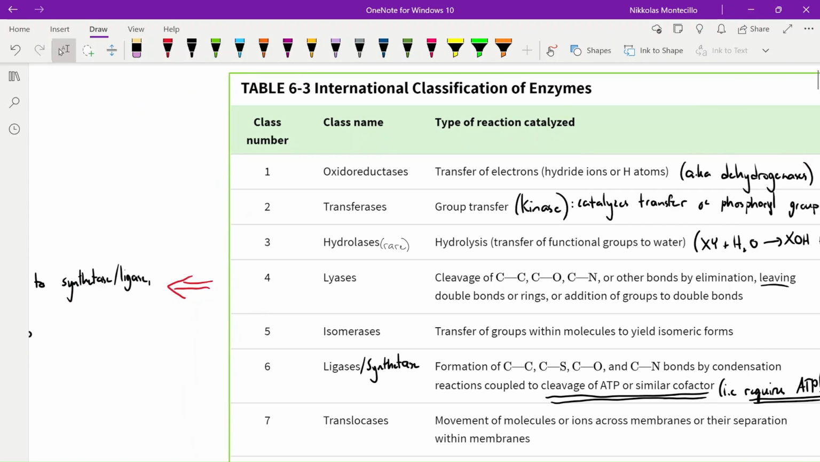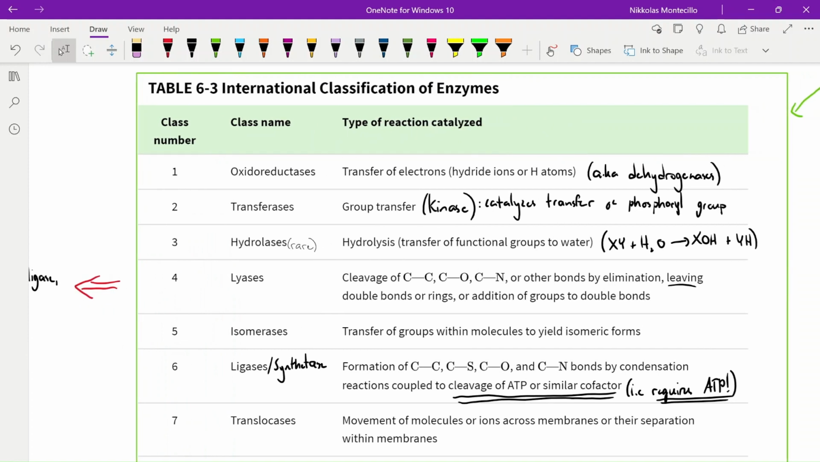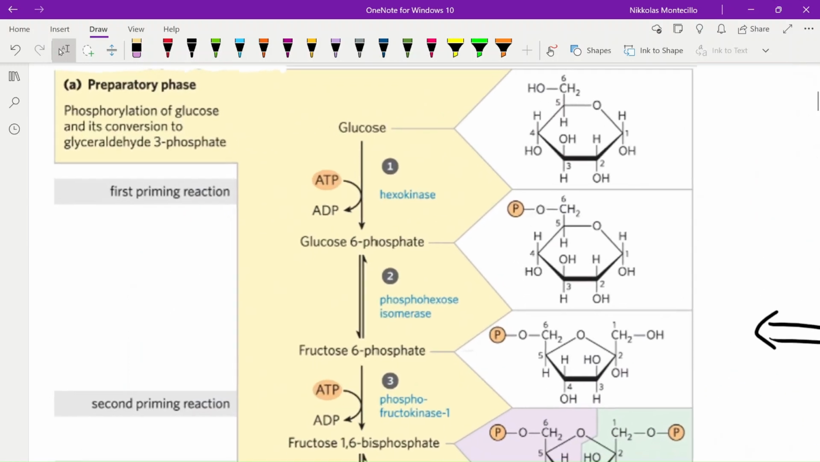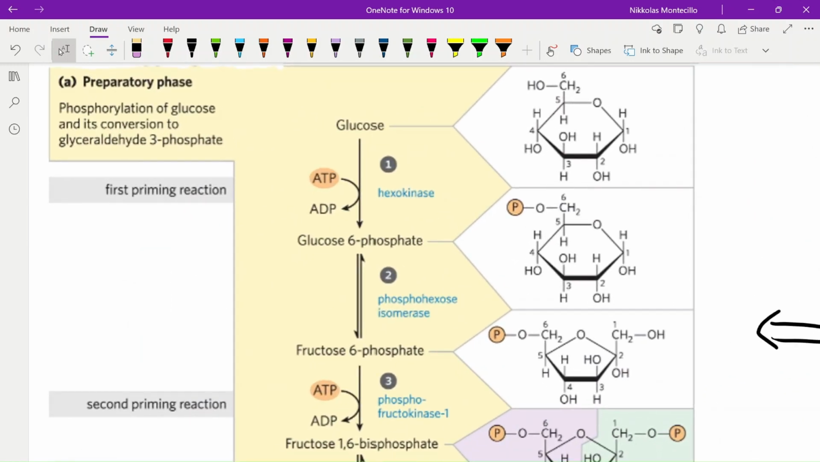Okay? The fifth enzyme class that we go through is isomerases, which are essentially enzymes that facilitate the conversion of one molecule into another, but they're what we call constitutional isomers, right? They have the same molecular formula, but differ in the way the functional groups are arranged. So for example, if we were to take a look at glucose 6-phosphate being converted into